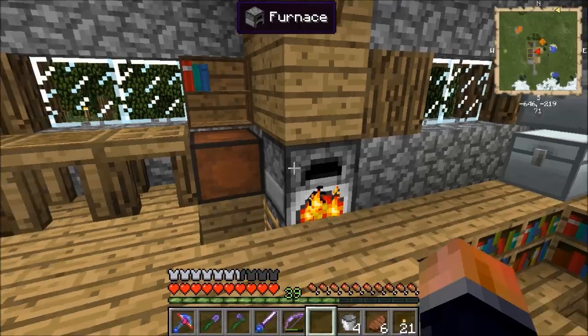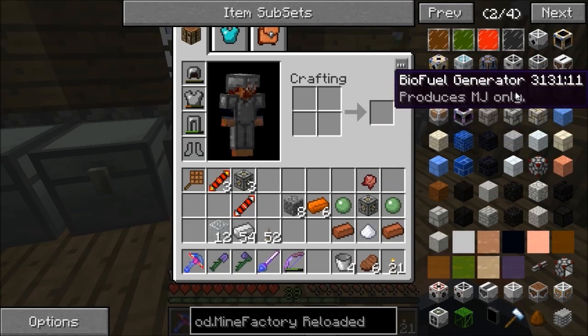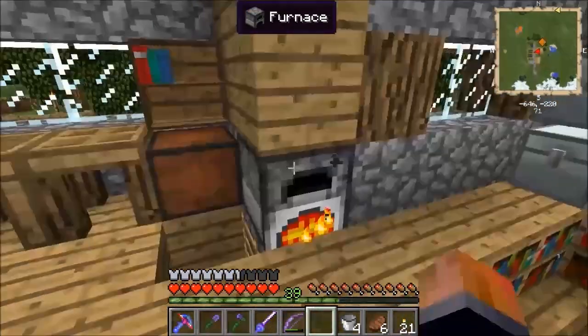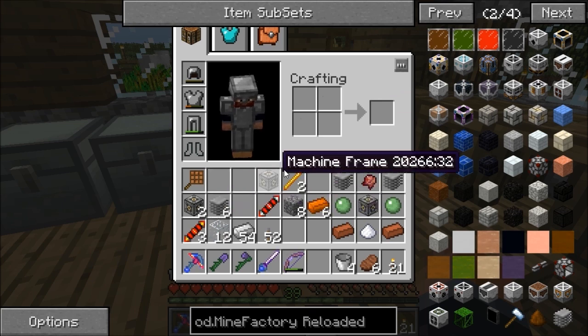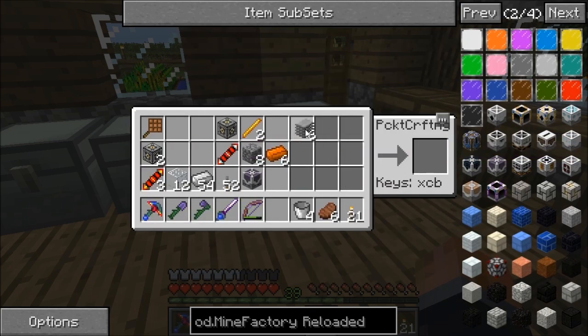One more. Furnace. What else was it? 2 blaze rods, of course it was. They'll be in there. There's one of them, yeah. I think that's everything we need for that bit then. We've got 8 plastic, will get me 8 plastic sheets. There's our first bioreactor, thank you very much, and then